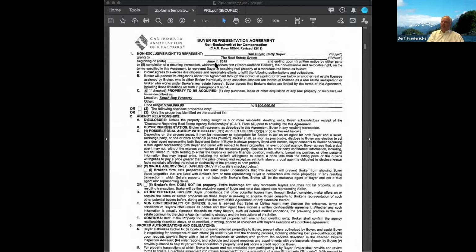So this is unusual for a contract to be open-ended, but when you read this, it states that either party can basically cancel this agreement, and the other way is if the transaction completes, that's going to cancel this representation agreement also. So it's kind of open-ended, and hopefully your question is, well, gee, why do I even need this if it's not for compensation and it's not exclusive,